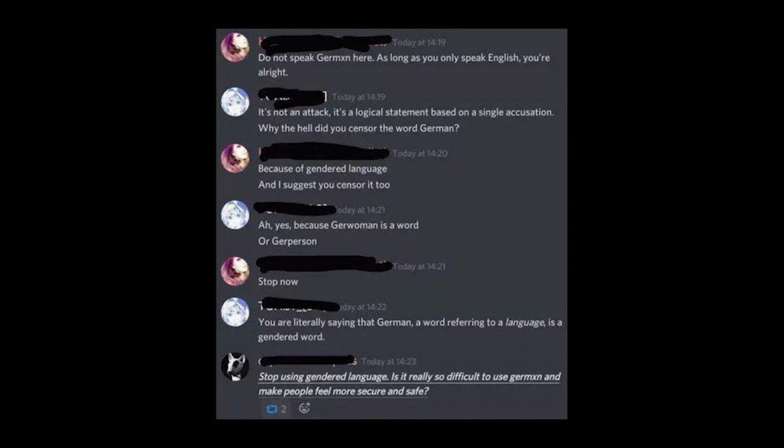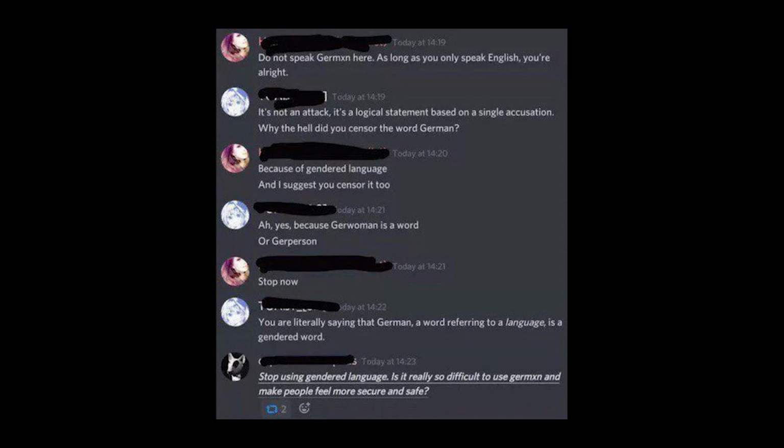So, I'm sure you can see what I'm trying to get at here. But for my audience members who may not quite understand, what I'm basically saying is I am reiterating or agreeing with the argument presented by the user at the bottom of the image, wherein this user states to, quote, "Stop using gendered language. Is it really so difficult to use German with an X and make people feel more secure and safe?" Now, if I were in the position of the person that this user is talking to or chatting with, I would say that no, it is not difficult to replace a letter in a word, but the security and